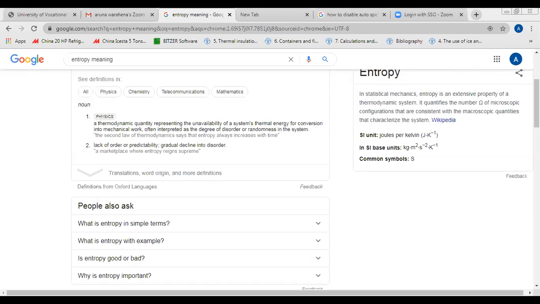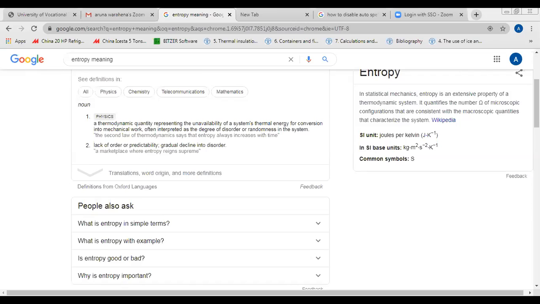Unavailability of energy for mechanical work is very high when the temperature is very low. If this 427 happened to be 1000 Celsius, the unavailability of energy for mechanical work is very, very less, because your energy, delta Q, has high potential to be used to get the work done. Got the point? Yeah. So this is the important thing here.